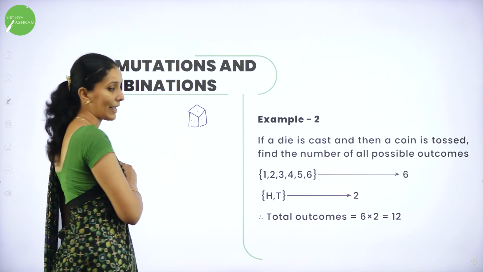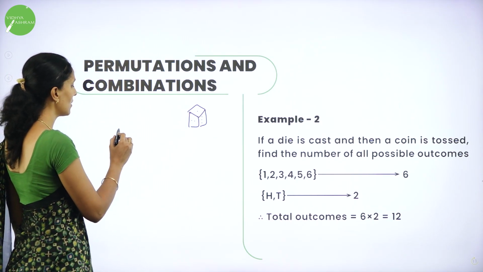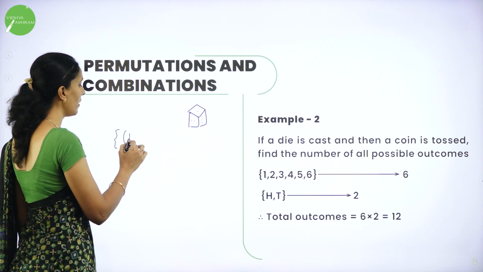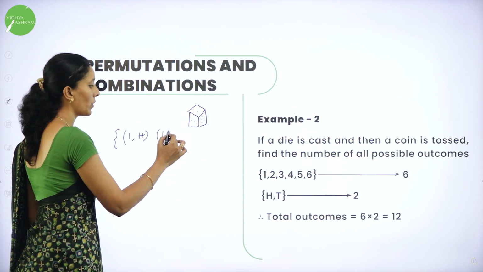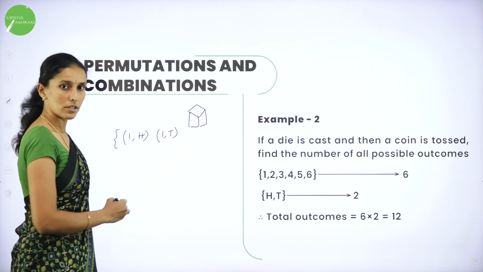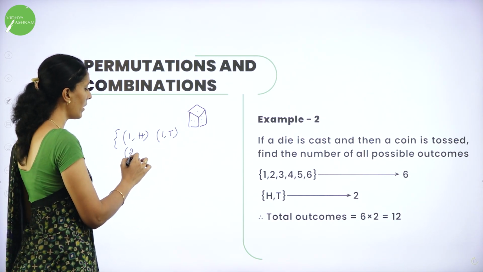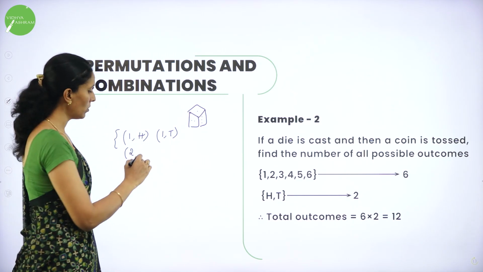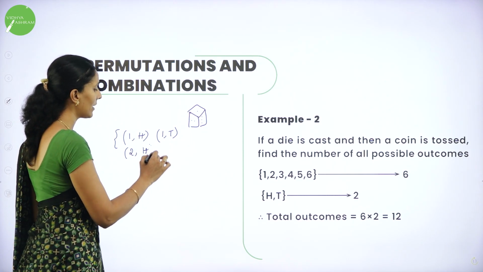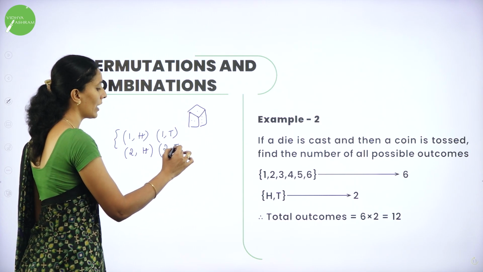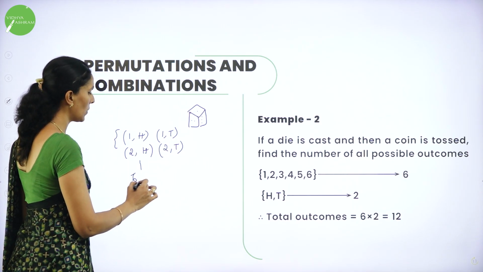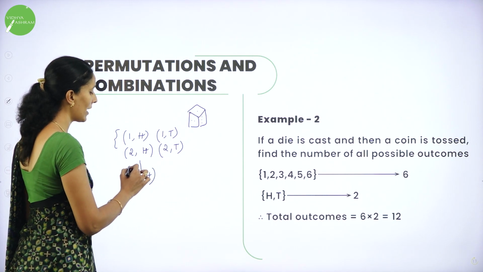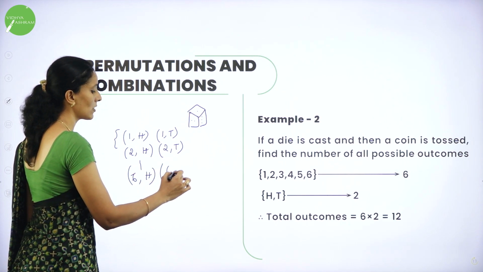So it will be like this. Okay, it will be like this. Suppose if you get 1, you can get head. Suppose if you get 1, you can get tail. This is one ordered way. Suppose when you cast a die, you get 2, then you may get head with 2, then you may get tail with 2. So similarly, for 6 also you may get head and